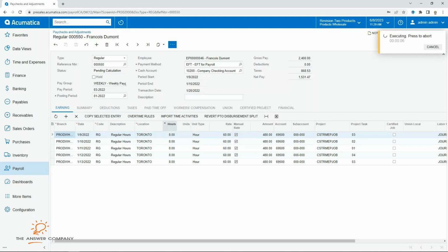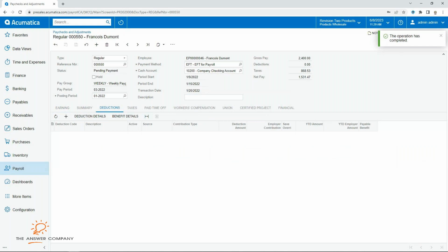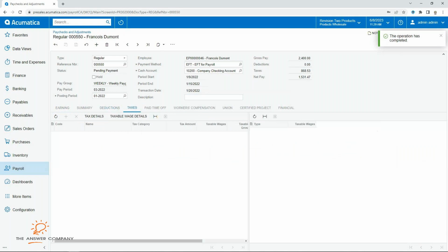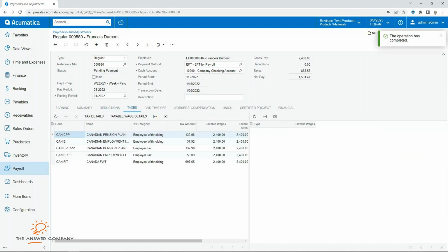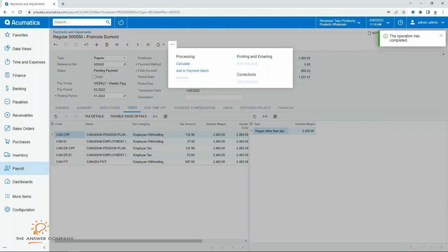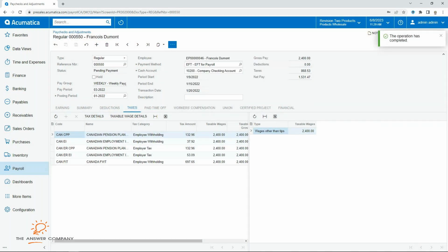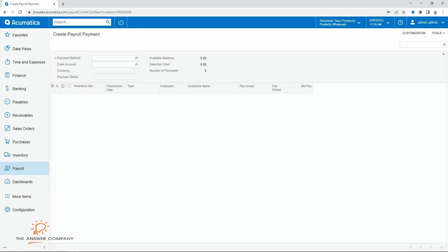If I was using the overtime rules and I'd worked more than 8 hours, it would split the lines accordingly. That employee must not have deductions turned on, but we do have taxes. So after the calculate process is finished, if we make some changes, I could recalculate again, or I can just add it to the payment batch, process that batch,